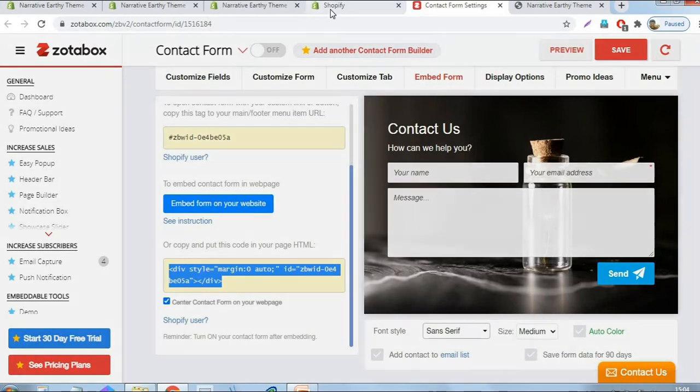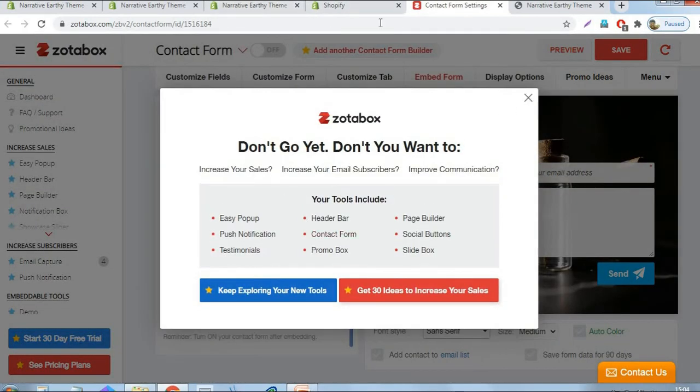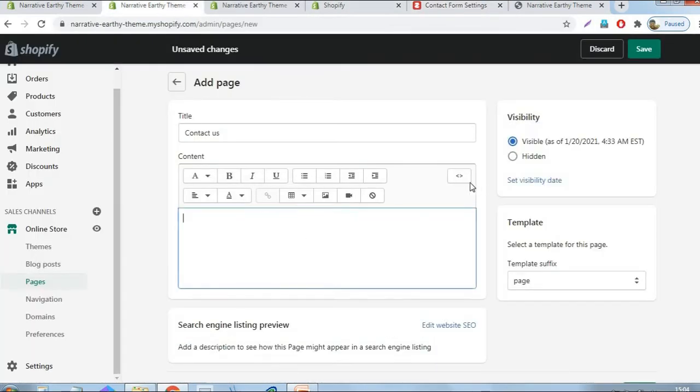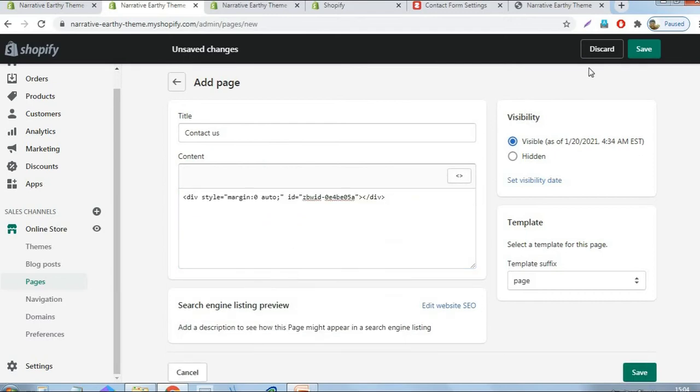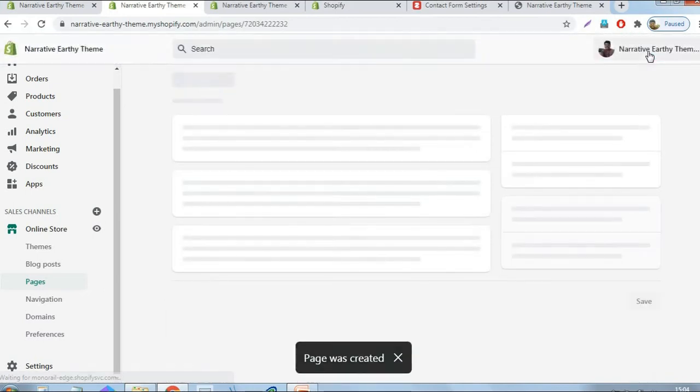This is an embed code. You just copy it and paste it here, then click the save button.